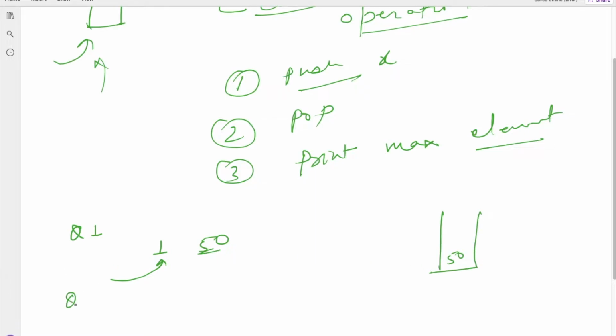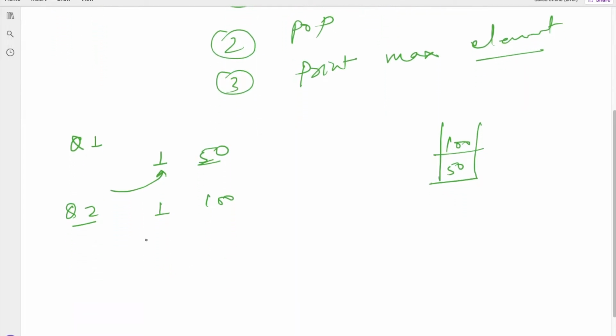Now suppose for query 2, I am again given 1 and 100. Operation 1 is push, so we will simply add 100 to this stack. Now suppose query number 3 is given as 2. Here 2 means we have to pop the element. So we have to pop 100 from here, and 100 will be popped out.